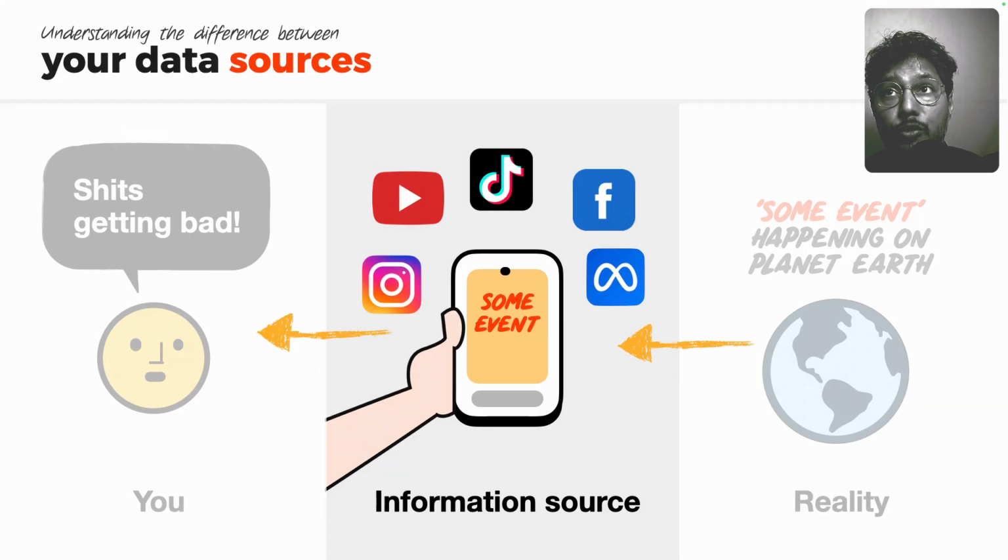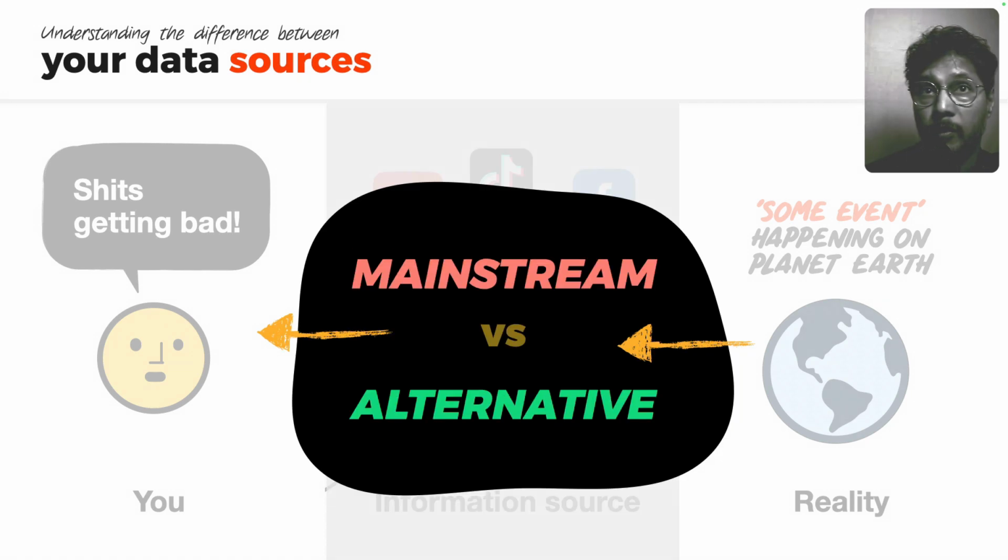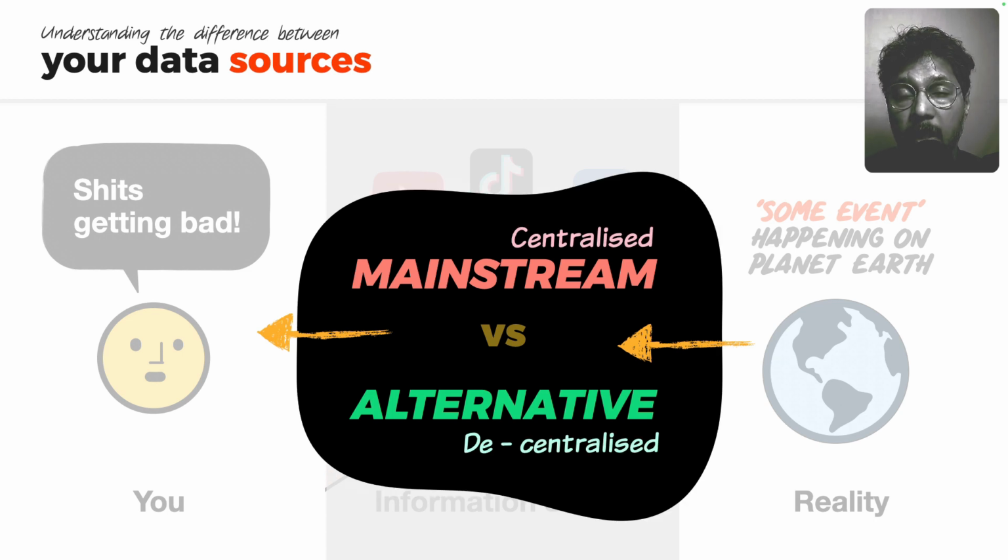So now let's look at this. I want you to understand the difference between your data sources, how you get your information from different people or different platforms, whatever that may be. There are two main categories that you need to be aware of: mainstream versus alternative. What is mainstream versus alternative? Let's have a look. I'm sure you have heard it, but the key concept to understand